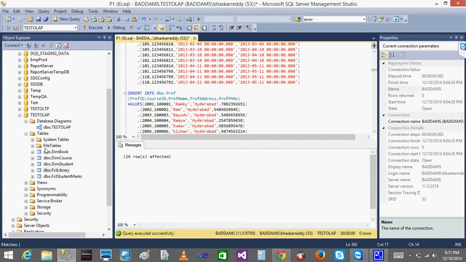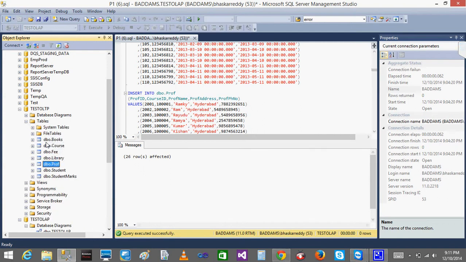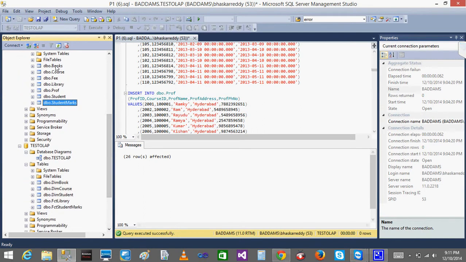See here, what is the total number of tables? I got 5 tables. But in the OLTP, how many tables did I get? I got 6 tables. Oh, sorry, it's 7 tables. Not even 5, it's 7 tables. When I convert those 7 tables, I'm making them into 5 tables. So you are again denormalizing the tables and storing them. That is nothing but the facts and dimensions. So you can see it here.